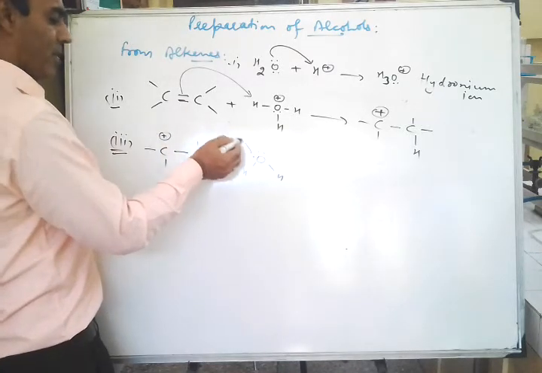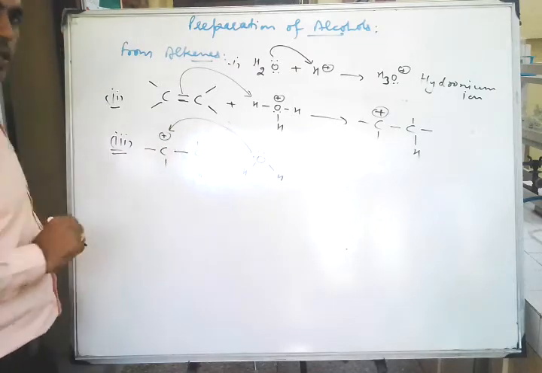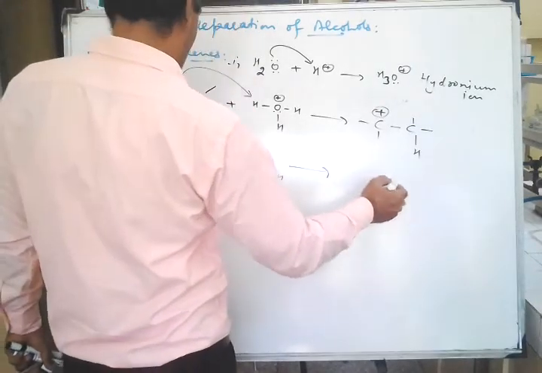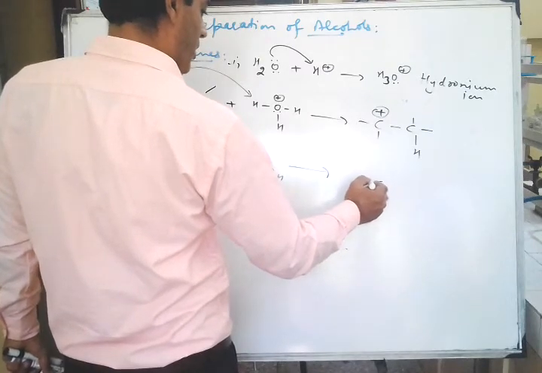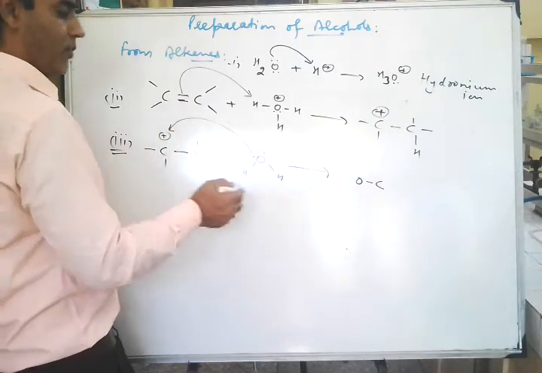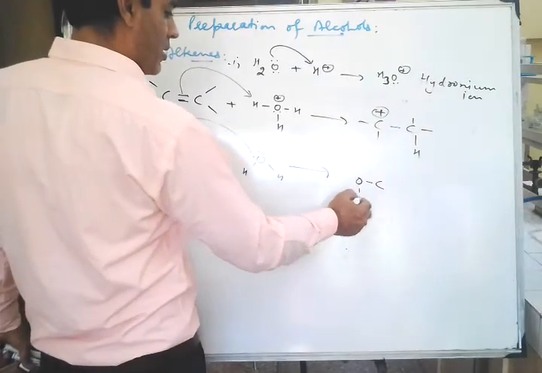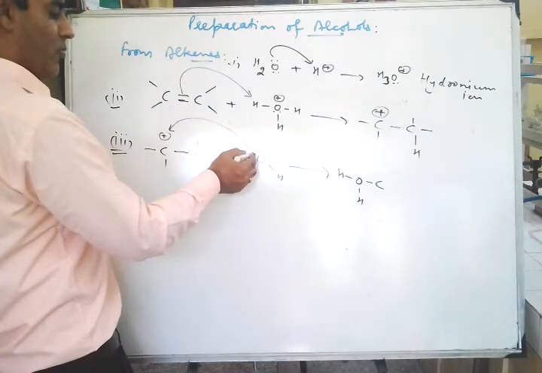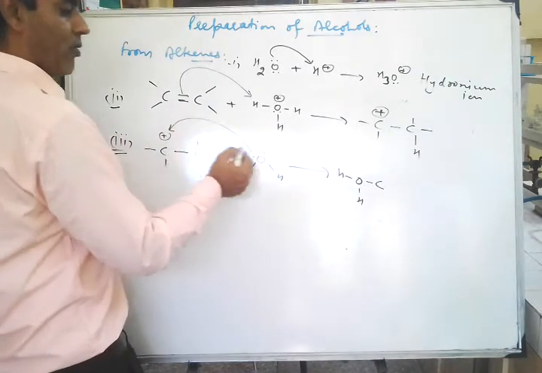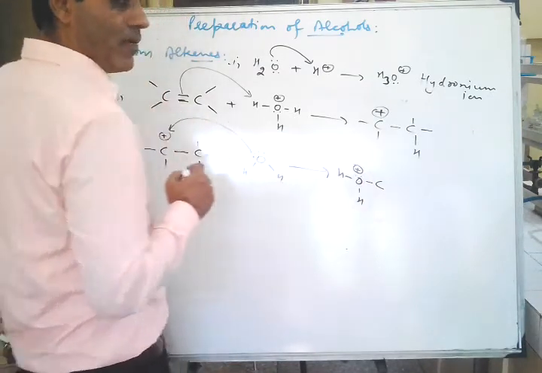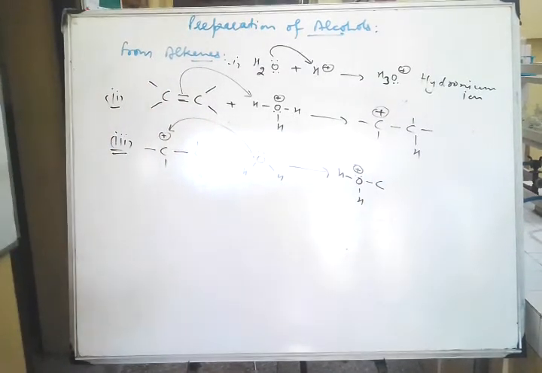then what will happen? This water molecule will get bonded to this positively charged carbon atom, right? So you can show it here that it will get bonded by oxygen atom to this carbon. So show here oxygen atom, then hydrogen. Now electron pair of oxygen is used in making bond with this carbon atom. So one electron pair gets used and oxygen will become electron deficient, so it will require positive charge, right?